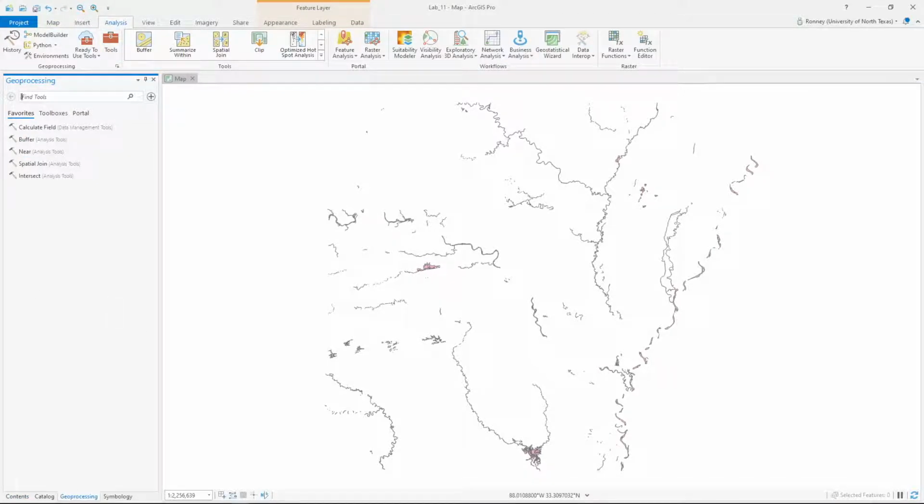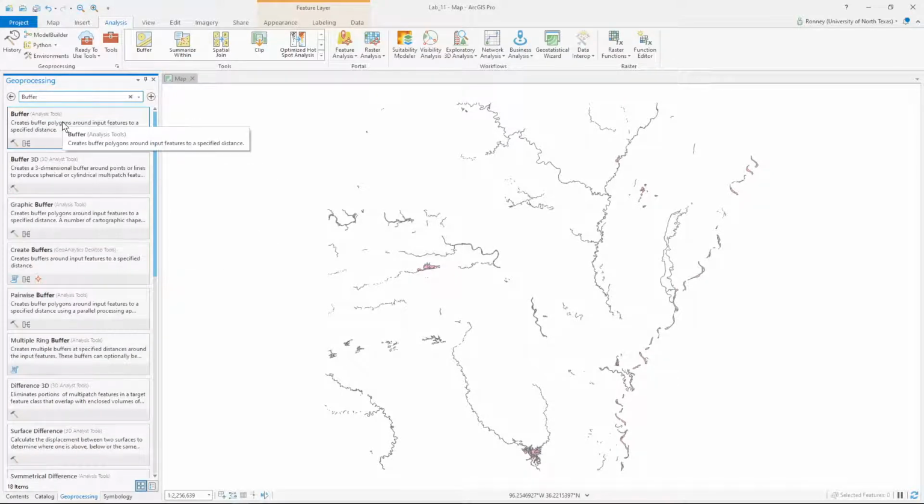There's a variety of ways that you can find the buffer tool. We're going to use the easiest one here. Well, it's already listed as a favorite here, but you should probably do this process anyway. So we'll write buffer and enter. And that's just a really quick way of finding tools, because it's almost impossible to remember every single tool within